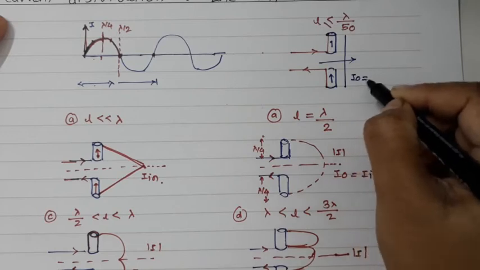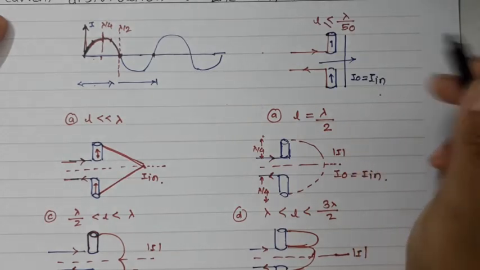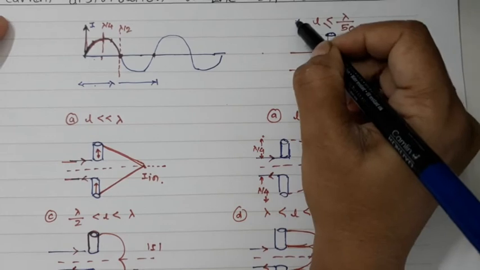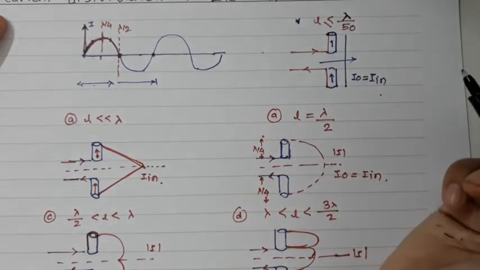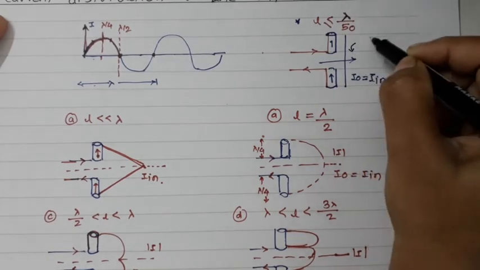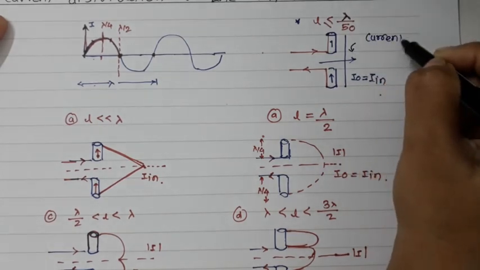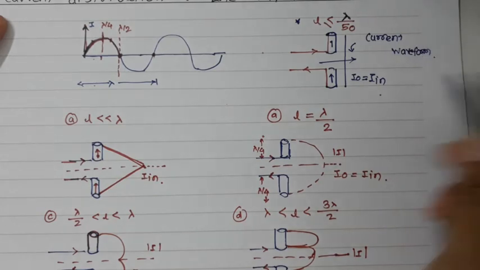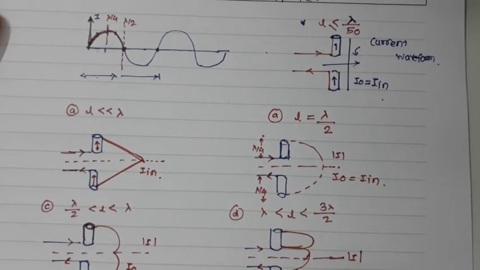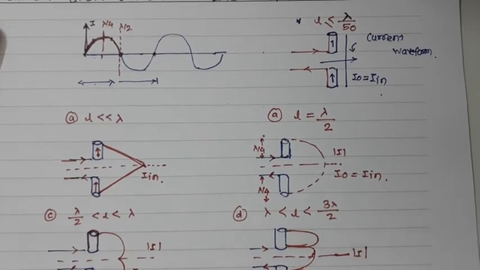So I can say this I0 is nothing but the I in, whereas I am assuming the condition where my length is very smaller than the lambda, less than lambda by 50. So I can say that my current distribution or the current waveform will be almost constant. So this is all about the infinitesimal antenna current distribution, and in the next session we will talk about the